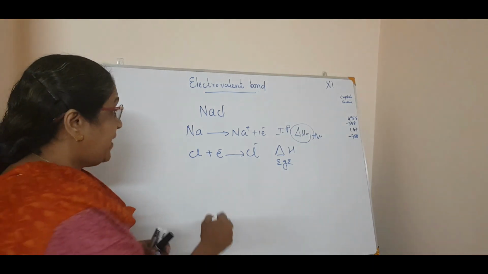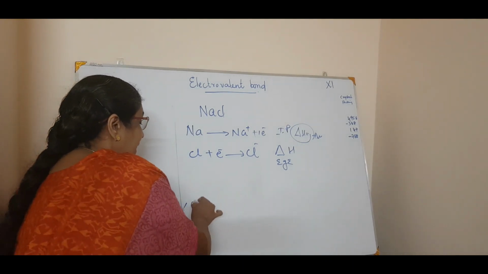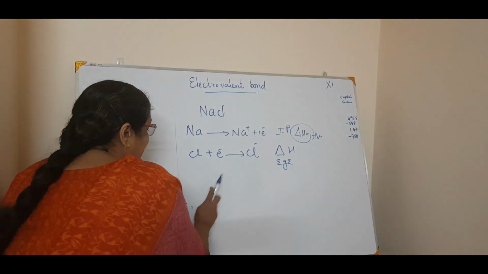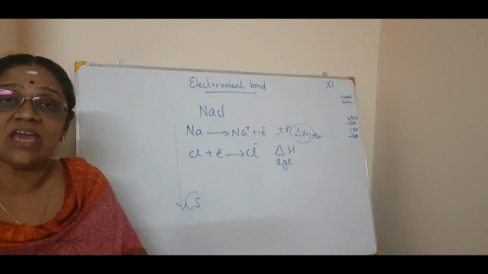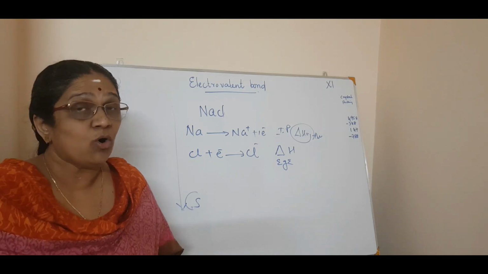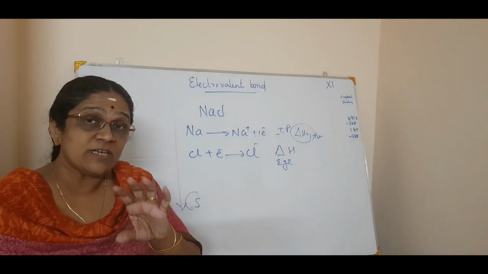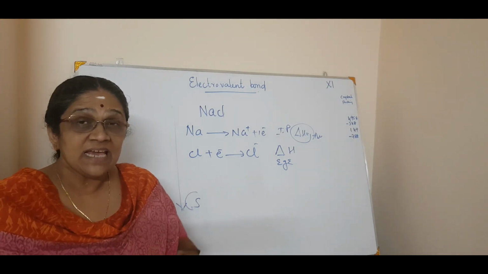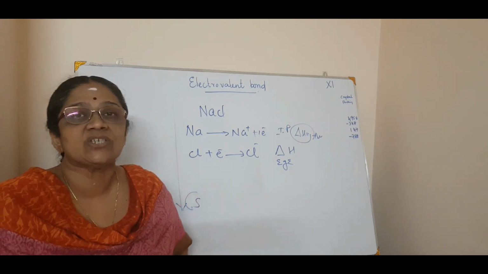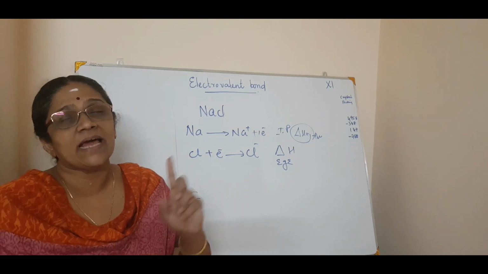And you know that from the periodic table top to bottom, atomic size increases, therefore IP decreases. So in the first group, cesium is having a lower IP. Okay. At the same time, what about the electron gain enthalpy value? The electron gain enthalpy value must be highly negative, which means the tendency of that element to accept an electron will be very, very high. That is the meaning of a high negative electron gain enthalpy value.